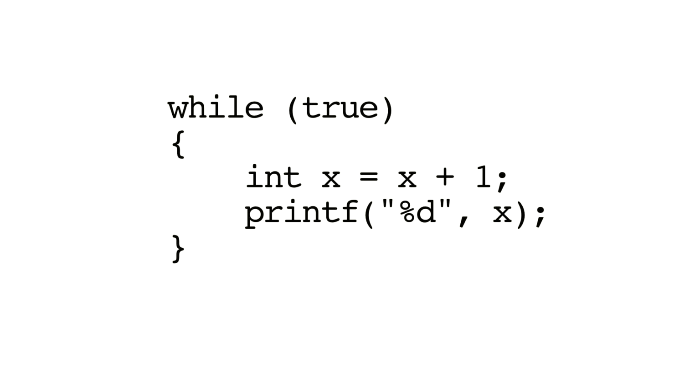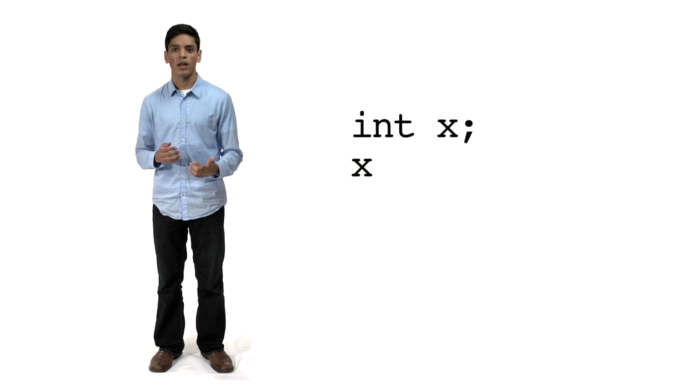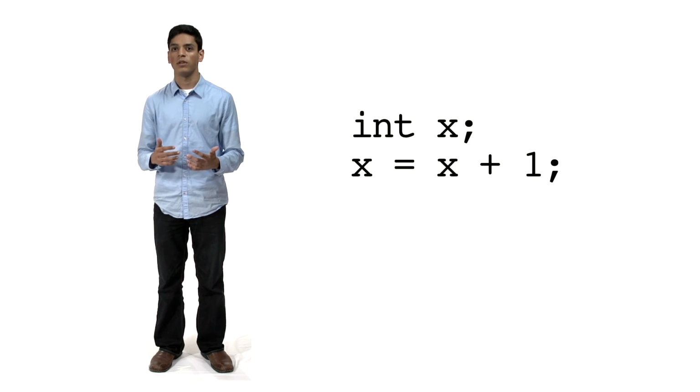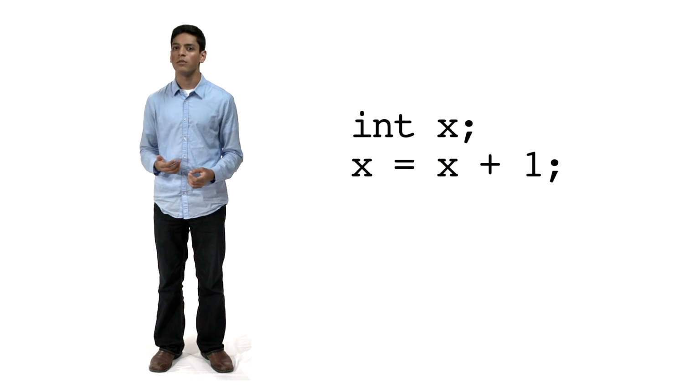But there's something wrong with it. The first statement we're trying to execute is int x equals x plus 1. Let's break this statement into the two steps that are actually happening. The first step is declaring the variable, the integer x. The next step is assigning its value. Writing the two steps separately, we can see what the issue is. int x and x equals x plus 1. When we try to assign x to the value x plus 1, the variable x on the right-hand side of the assignment doesn't even have a value yet.